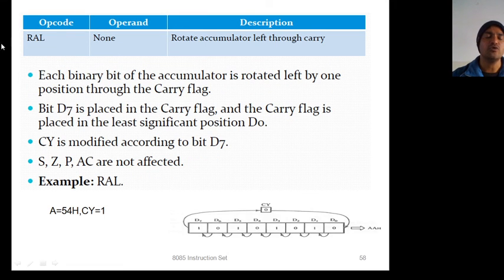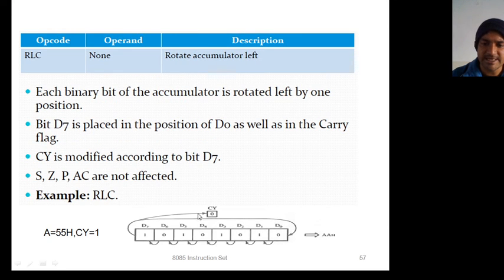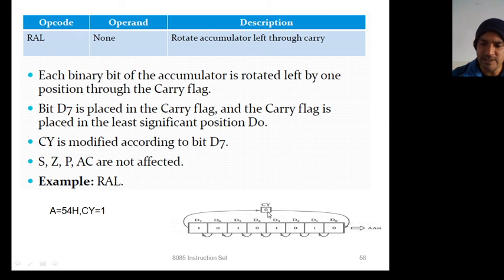Next, RAL, rotate accumulator left through carry. Now in this case you have to consider a 9-bit number, the 8-bit accumulator along with this carry. Now this carry will rotate. In RLC this carry is not rotating, but in RAL this carry will rotate.